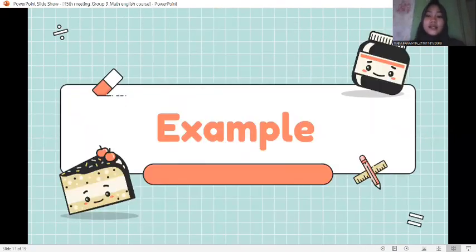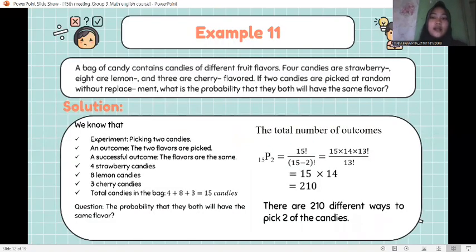Okay, next is examples. The first example is example 11. The question is, a bag of candy contains candies of different fruit flavors. 4 candies are strawberry, 8 are lemon, and 3 are cherry flavored. If the candies are picked at random without replacement, what is the probability that they both will have the same